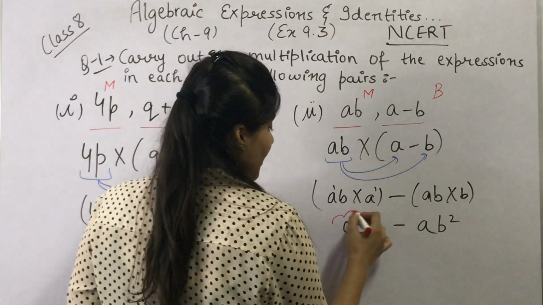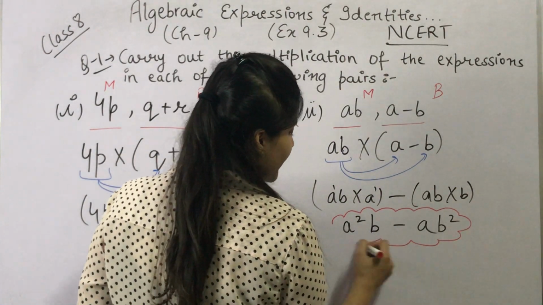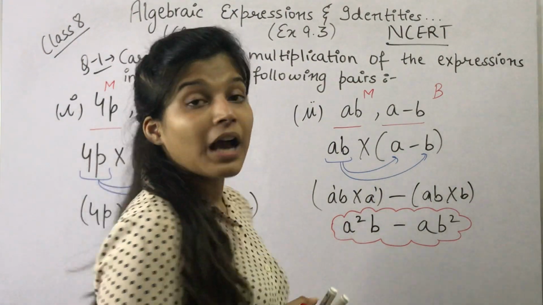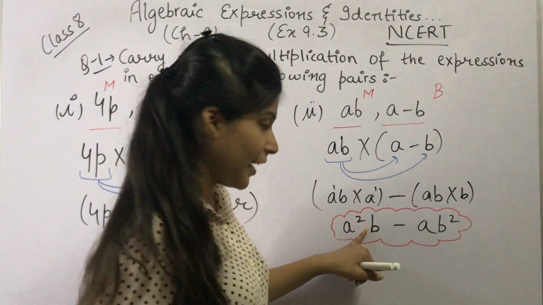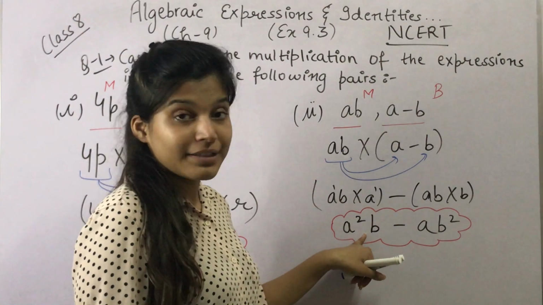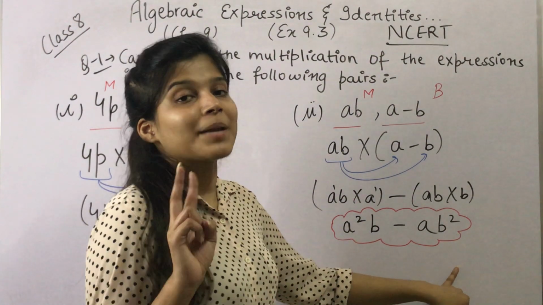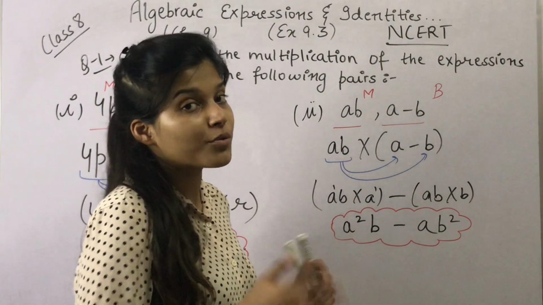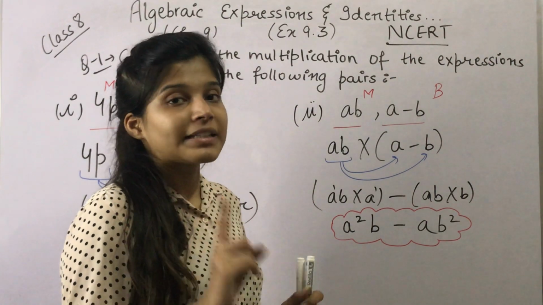ये अनलाइक टर्म्स है, इसलिए हम इनको फर्दर सब्ट्रैक्ट नहीं कर सकते. यही आंसर है. अब ये अनलाइक टर्म्स क्यों है? बिकॉज यहाँ पे A 2 टाइम्स है एंड वी हैव A 1 टाइम हेयर एंड हेयर B इज 1 टाइम. सो वी हैव B 2 टाइम्स हेयर. सो इट मीन्स ये तो बिल्कुल ही ऑपोजिट टर्म्स हैं. दे आर नॉट लाइक टर्म्स.